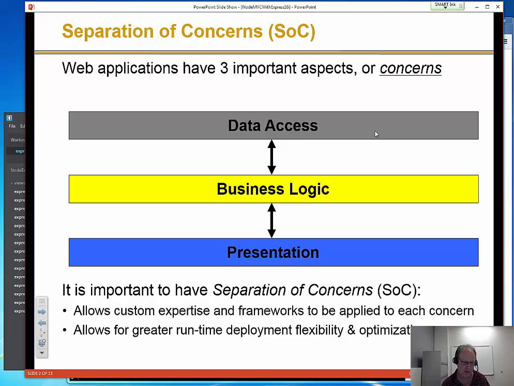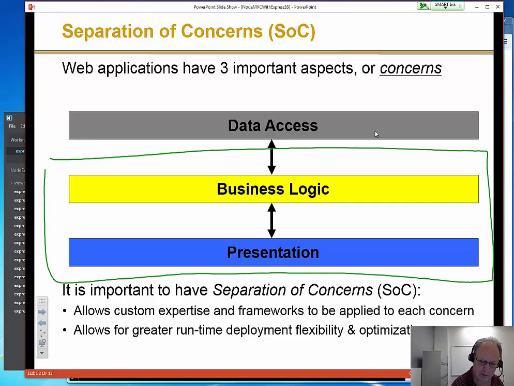Decoupling of our code so we can vary implementation, so we can vary and modify, enhance, extend each layer independently. Data access layer, so I can vary. Maybe one day I'm using an Oracle database, the next day I want to use a MySQL database, the next day I want to use a Mongo database, the next day I want to use a file system. Can I create a data access API that is independent of those specific physical implementations that go on underneath? In fact, you can. From our perspective, where we're going to spend our time here is